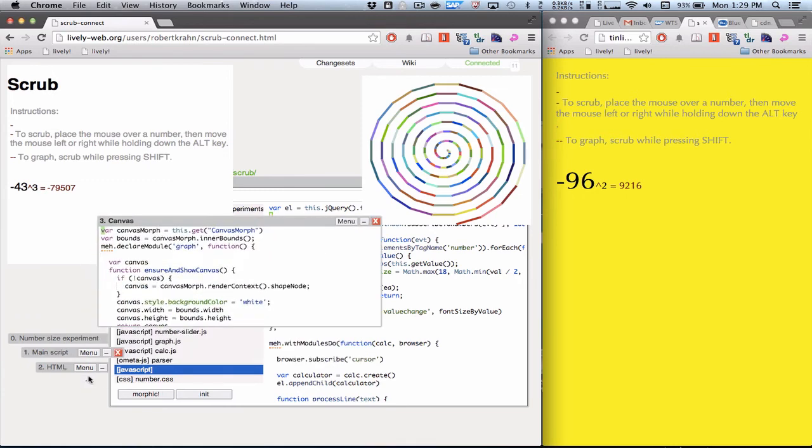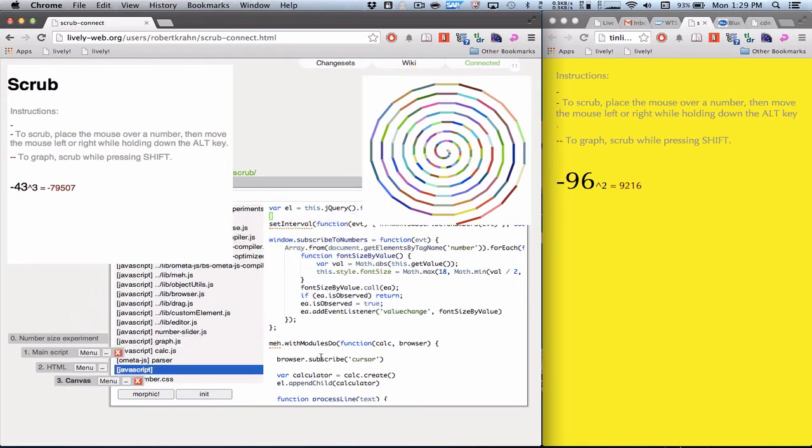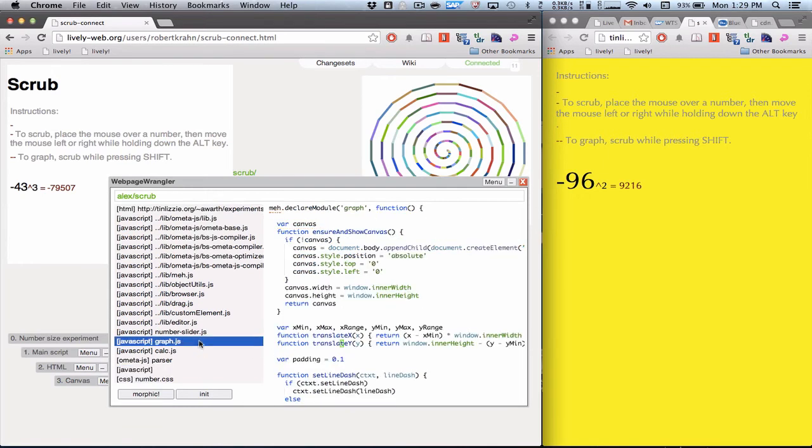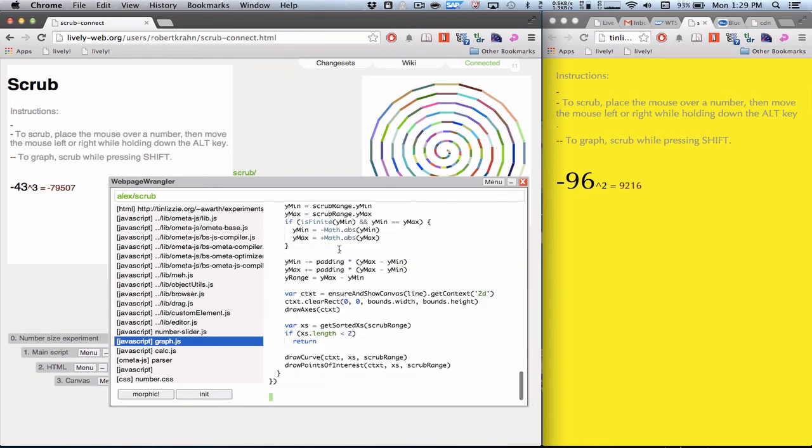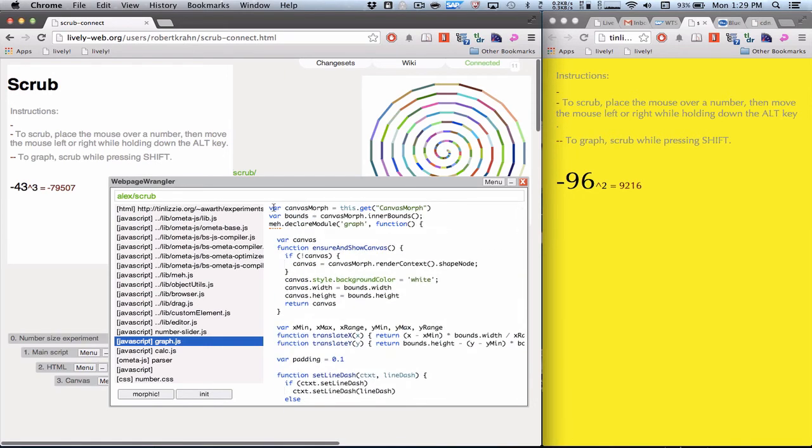So to do that, I've prepared a little script that will tell the Scrub application here to use this canvas morph. So this guy over here has a name, canvas morph, and this will just be accessed in that script. When I go back to the definition of how the graph is rendered, I can just replace that definition with the thing that I've prepared,